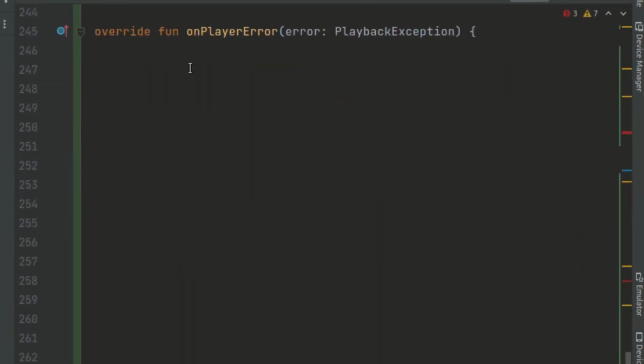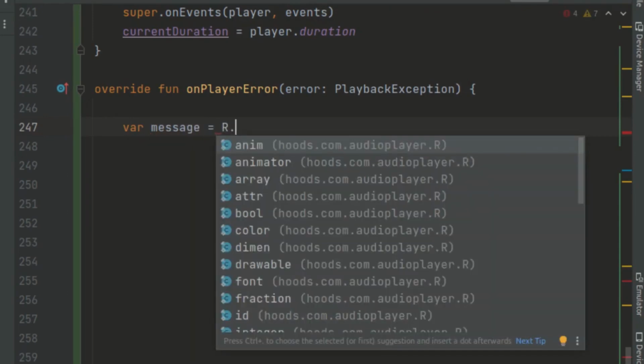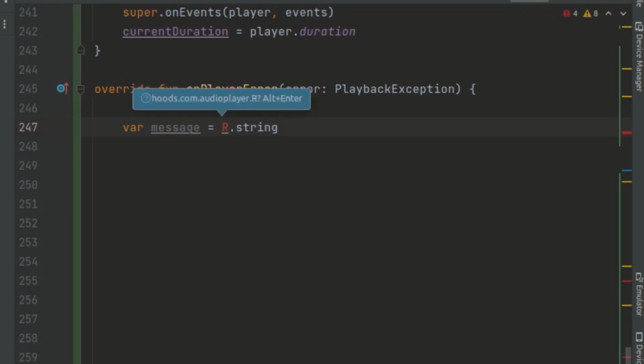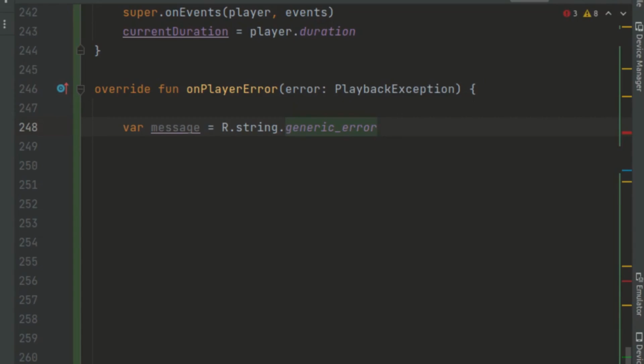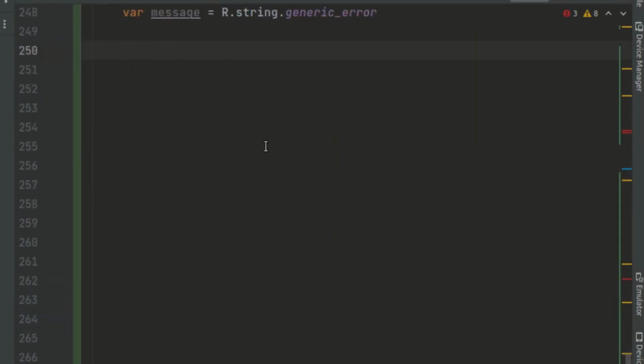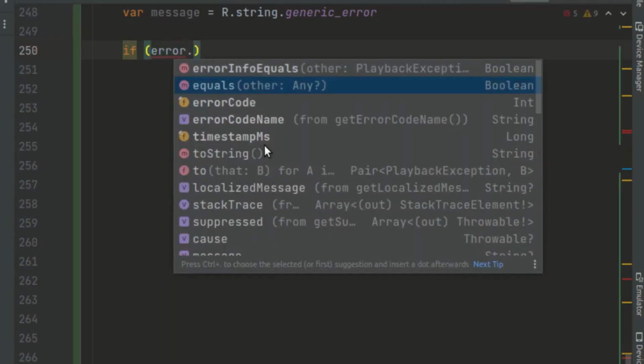So this onPlayerError is going to be executed when we have any error. We can create a message here, and basically you could have any message. For example, here I have a message inside our string. We can call this a generic error. So if this is just a normal unknown error, you can pass in a message, and we want to log. We want to change this message if this error has been, for example, file not found. So we can check the error which we have here, and we can get the error code,